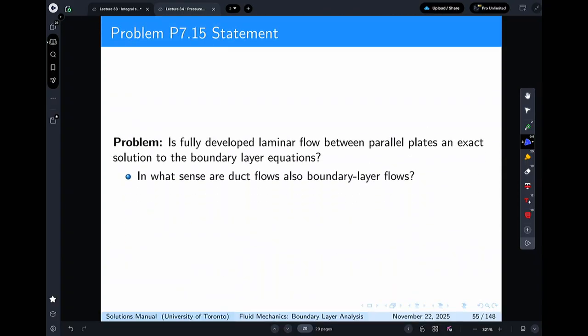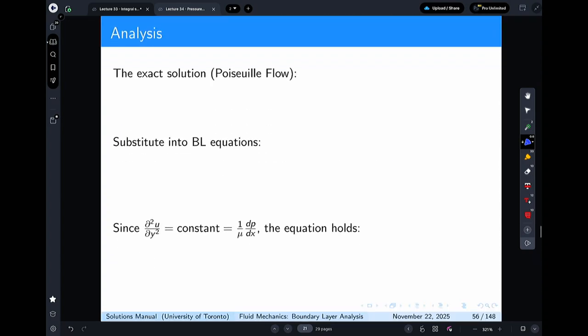So, is fully developed parallel flow or laminar flow between parallel plates an exact solution to the boundary layer equations? In what sense are boundary layer and duct flows the same? So if you go through